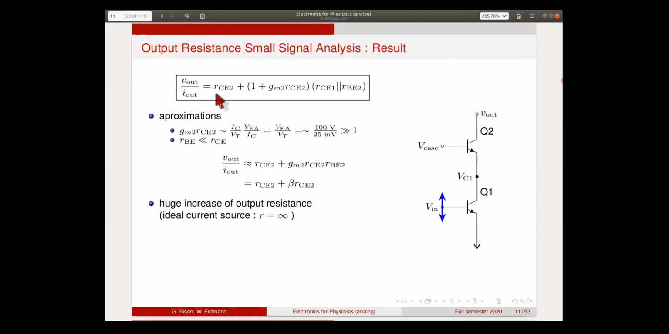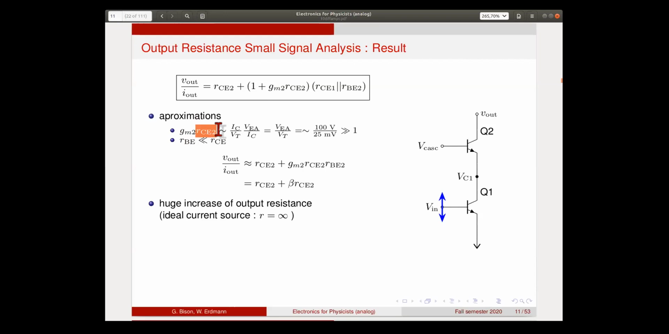Which is here, so copied from the last page. In order to make a bit more sense of this, we make some approximations. So GM times RC is typically a number that is much larger than 1. So remember, this is